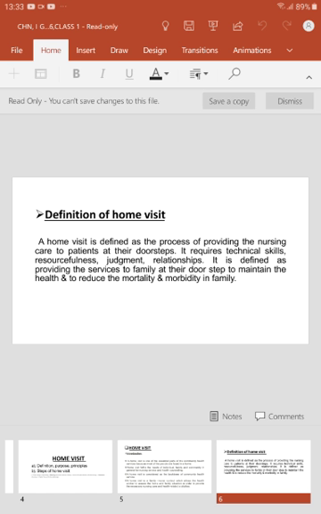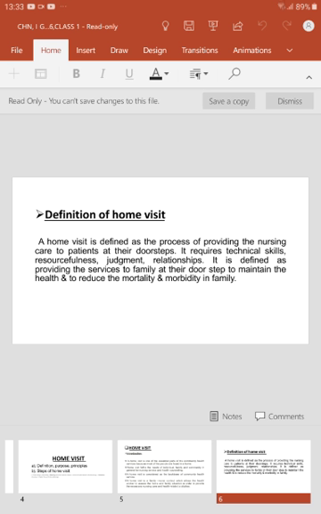We are going to see the BP of the patient, the blood sugar levels, and sometimes resources will also be there. At last we'll be judging that the person has this much sugar or this much BP. While communicating itself, we should make a good rapport between the family members and the nurse. Then we can give appropriate health education as well as counseling as per the need of the patient or family.